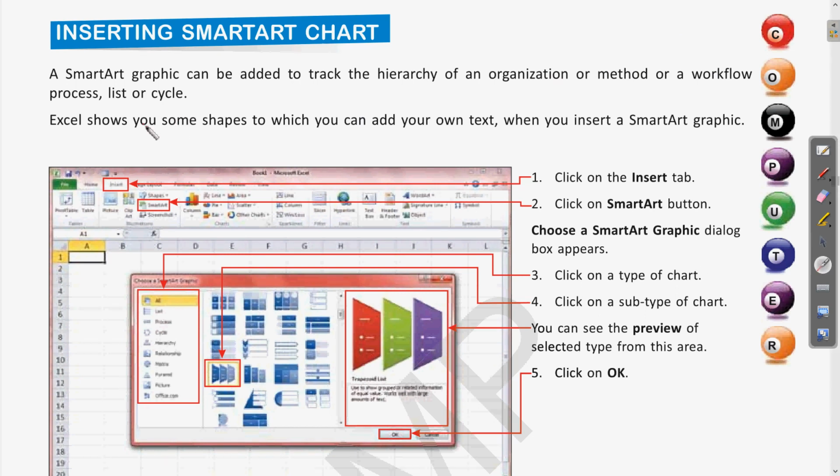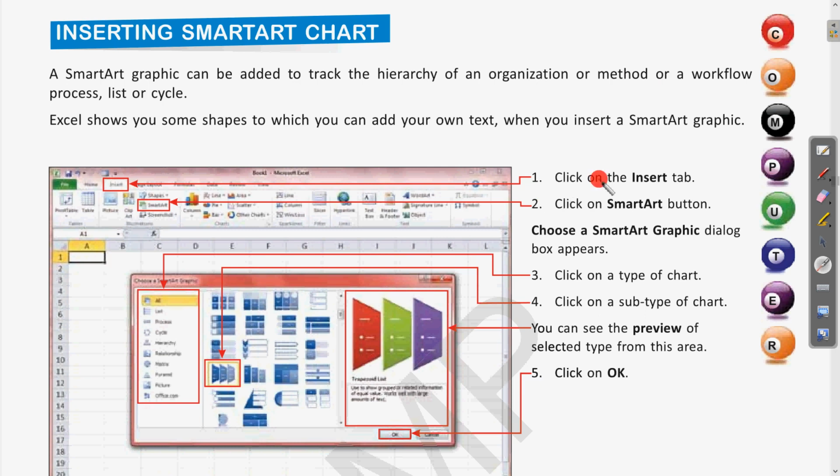I hope you have also seen SmartArt in other software like PowerPoint and MS Word. Right now we will see how we can use this in MS Excel. Excel shows you some shapes to which you can add your own text when you insert a SmartArt graphic. Whatever different SmartArt we add, according to that the different text can be chosen.